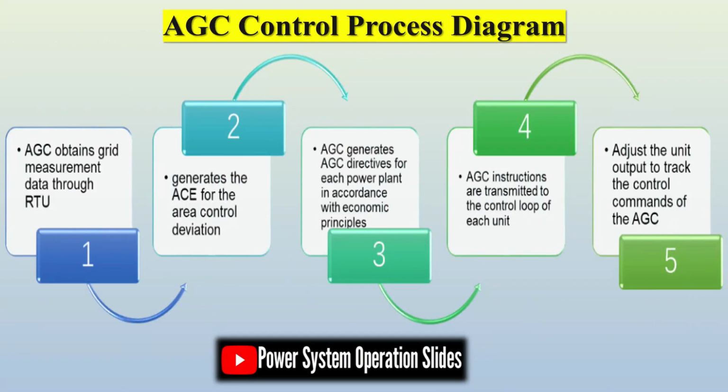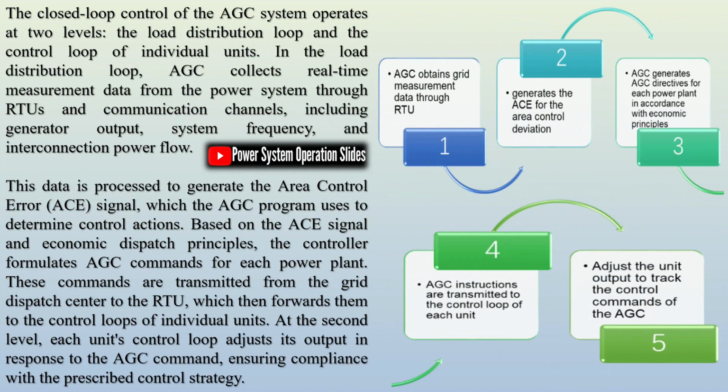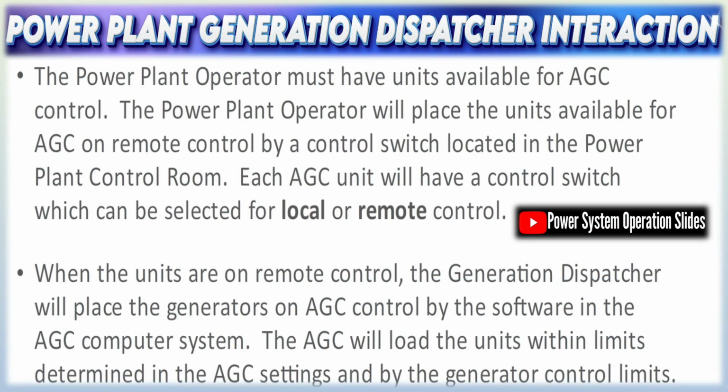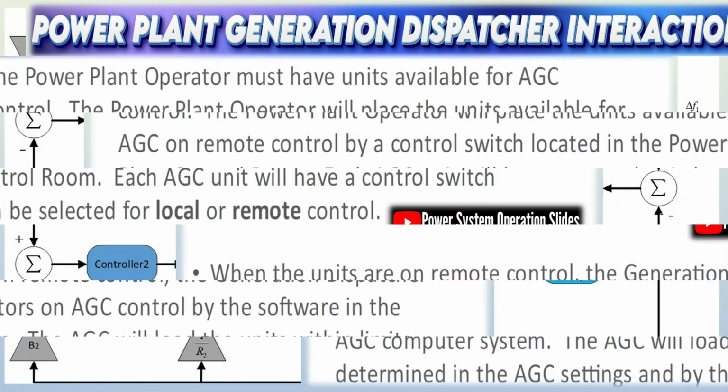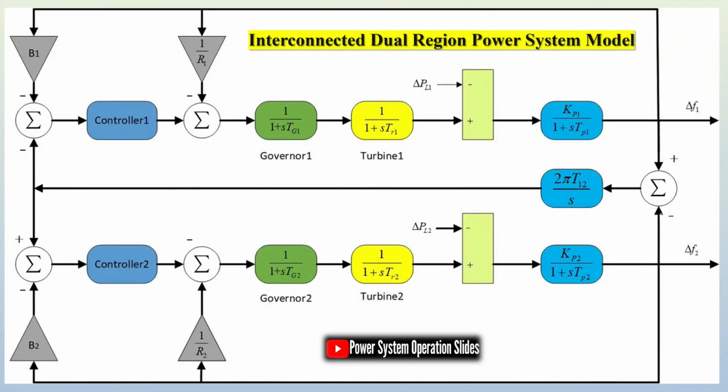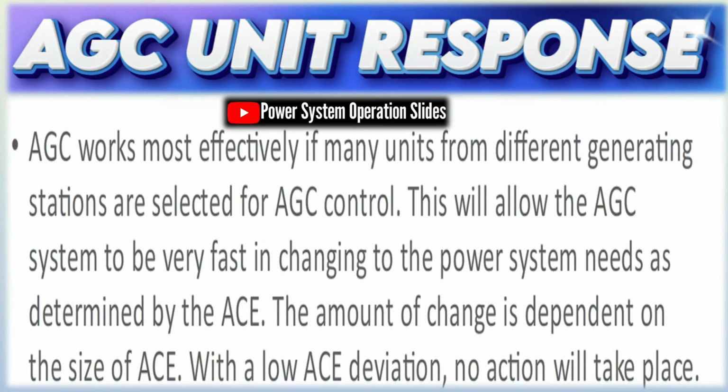AGC is a real-time control mechanism in power systems that continuously adjusts the output of multiple generators. Its main mission is to balance generation and load so that the system frequency stays near its nominal value, typically 50 or 60 Hz, and the power exchanged via tie lines with neighboring control areas remains as scheduled. In effect, AGC acts as the grid's balancing act by rapidly compensating for load fluctuations, renewable output variability, or even generator outages. The system accomplishes this through a closed-loop feedback process where measurements, frequency, power flows, and generation outputs are continuously compared with set points, and corrective signals are automatically dispatched to the generators.